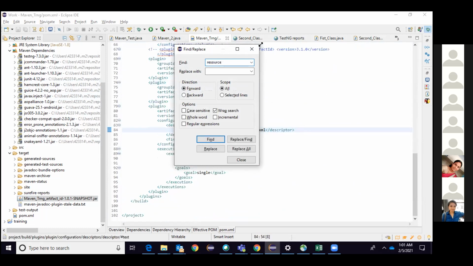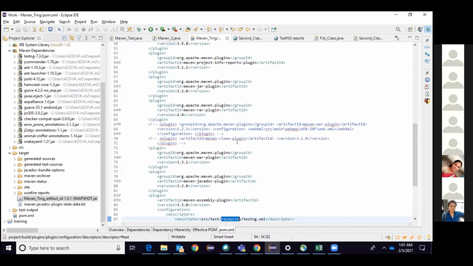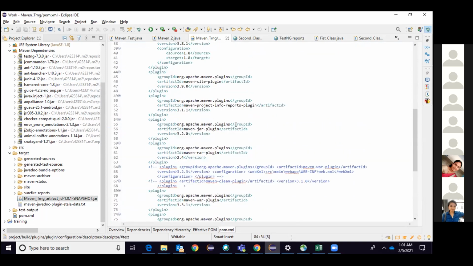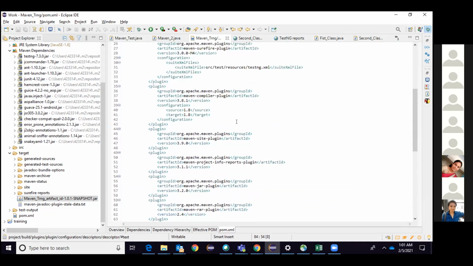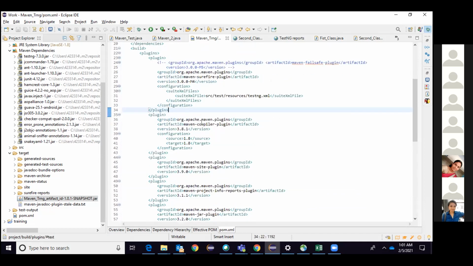Where is that resource plugin? Did I add it here? What they said is it copies the resources to the output directory, like that they have given. But we didn't create anything under resources.